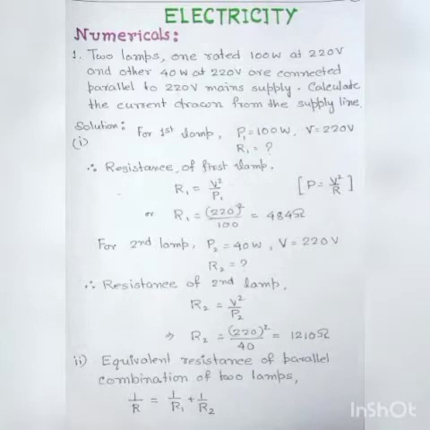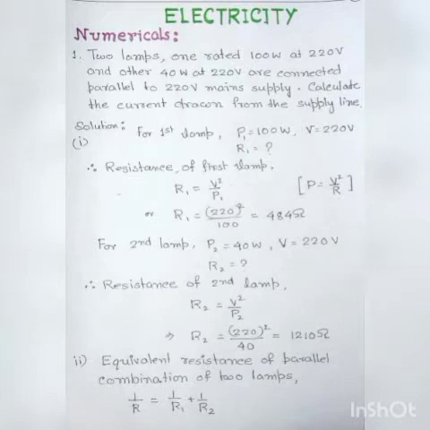Now we know all electrical appliances in our household are connected in parallel combination, and they are connected across the same potential difference. Here two lamps are connected, one rated 100 watt at 220 volt and another 40 watt at 220 volt. So here, to calculate their resistance, we will use P equals V square by R,